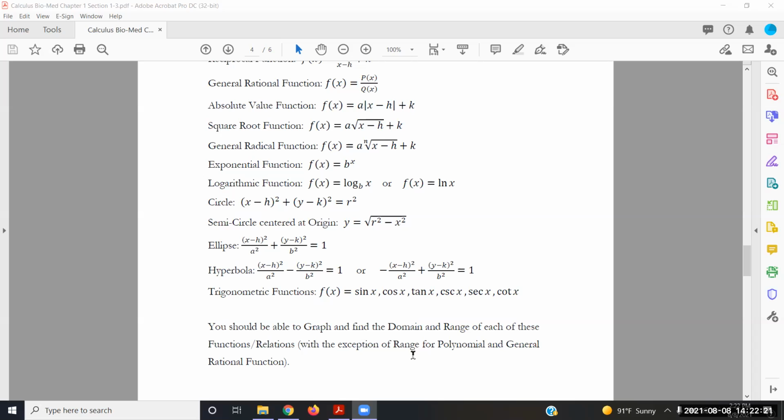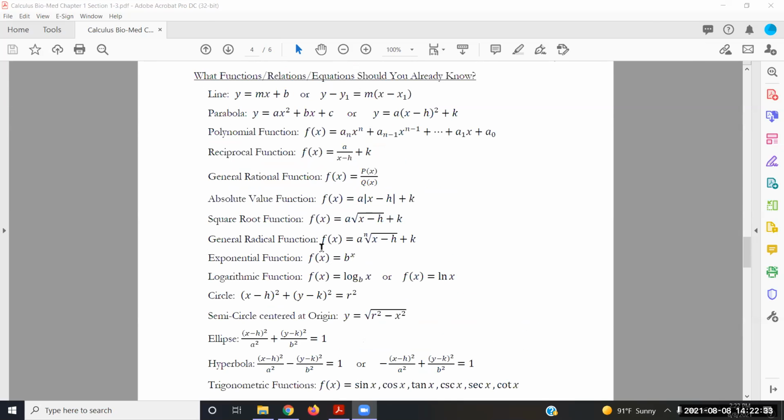The only ones where it might be a little tricky is finding range for polynomials and general rational functions. That's something we will do in chapter 4, I believe. But make sure you know all these functions. And if you don't, hit the books and start studying, because we are going to be playing with all of